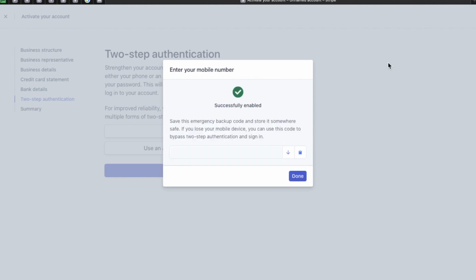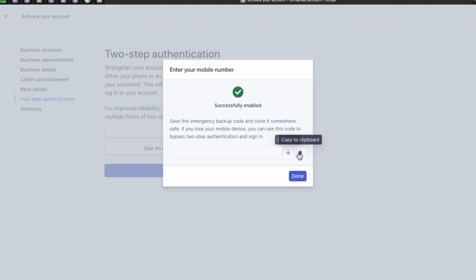Once you have entered this information, you will then be sent a backup code. This backup code is to be used in case you have lost your mobile device for your two-step authentication. Of course, entering a mobile device is always risky if you're one that loses your mobile phone or damages your mobile phone so it cannot be used or retrieved in some way, shape or form, which is why Stripe have already thought about this and provided you with a second authentication,